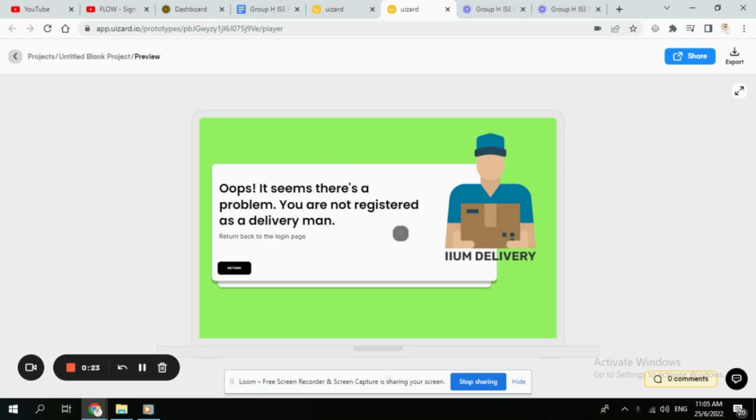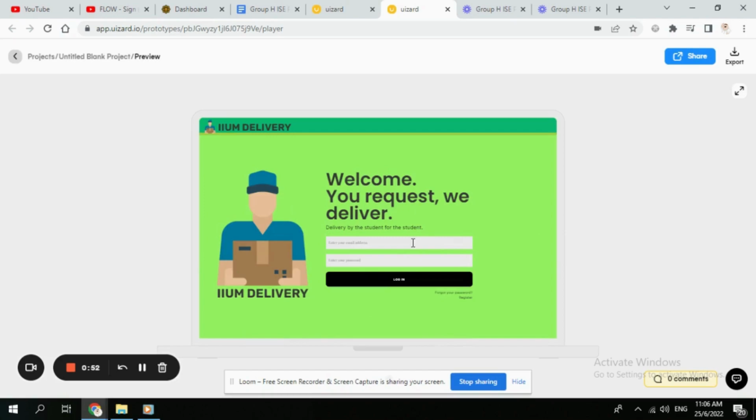As you can see in our previous use case verification, there is delivery parcel. The user or actor should be a delivery man. So if the user is not registered as a delivery man, the user will not be able to view the delivery parcel page. And then you click return to the login page, and then you will be sent to the login page, and